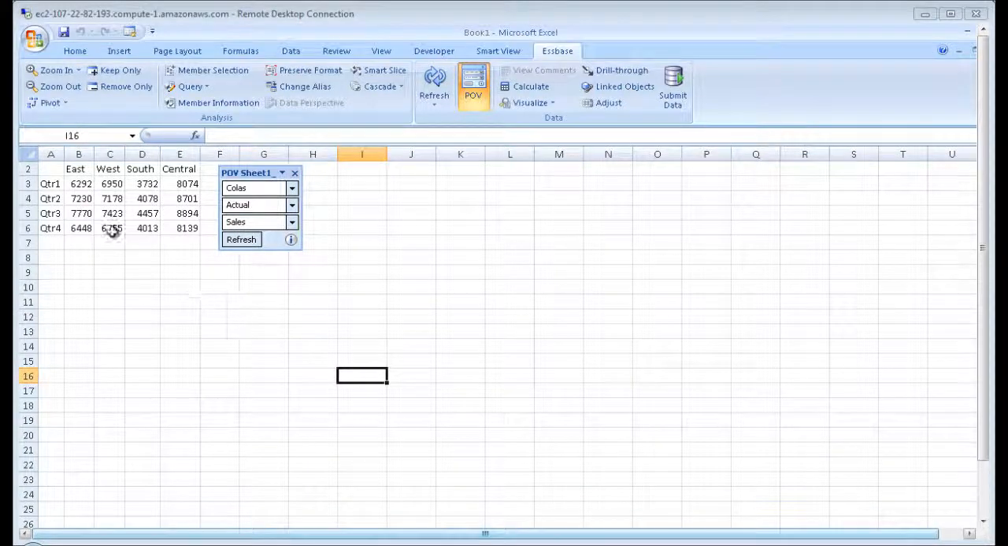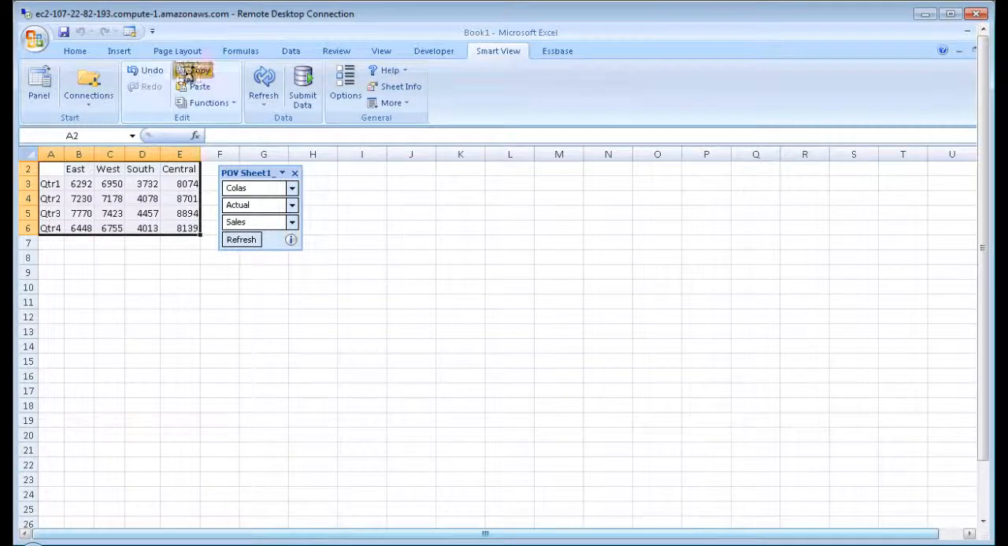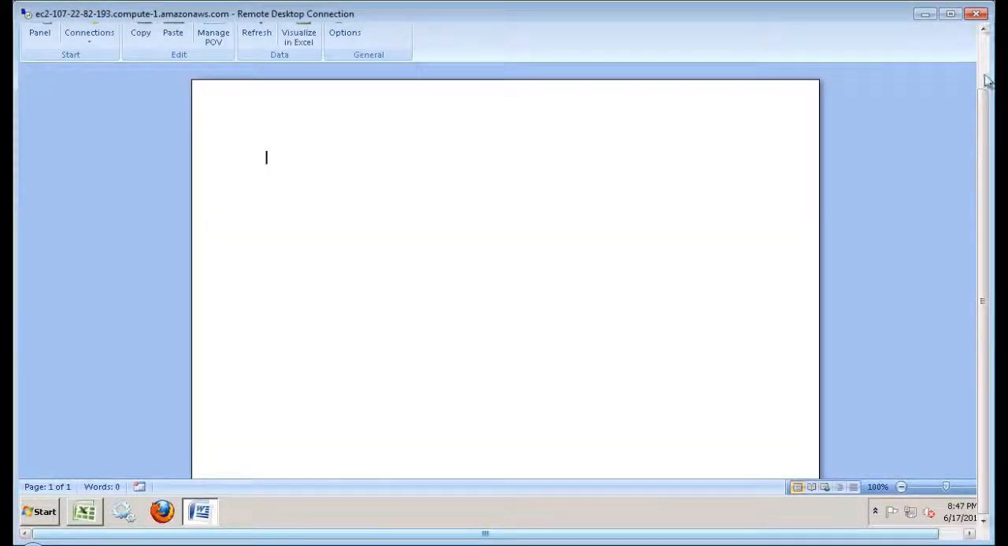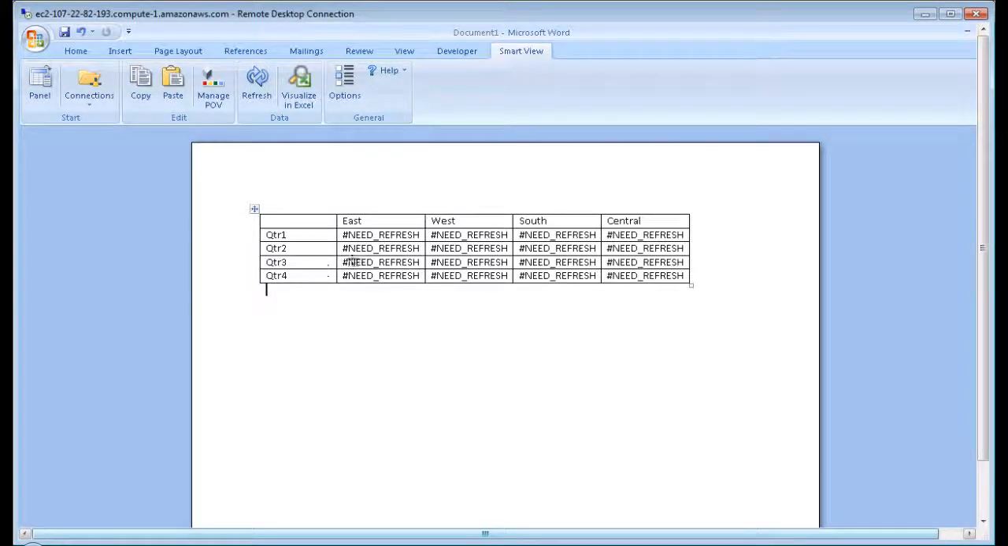Here I have a SmartView ad hoc analysis, and I'm just going to copy the data points on the grid. I'm going to click and drag across the grid, and notice I am not copying the POV. I go to my SmartView ribbon, press copy. Then I move over to Microsoft Word or PowerPoint, in this case Word, and notice there's a paste command in my SmartView ribbon, and I paste it there, and it's making a connection to the database. And now you see it says need refresh there, and I refresh,